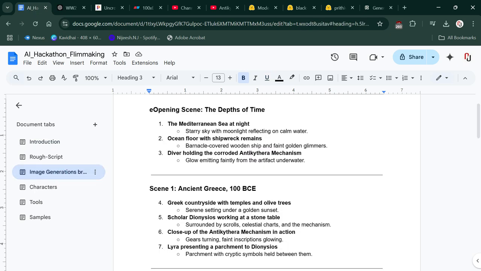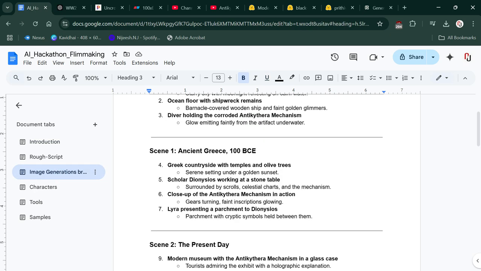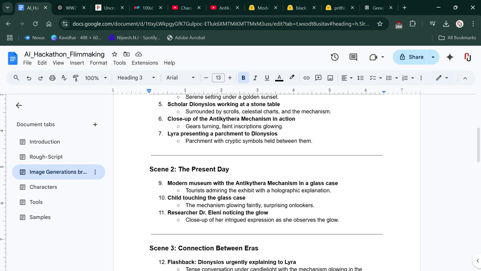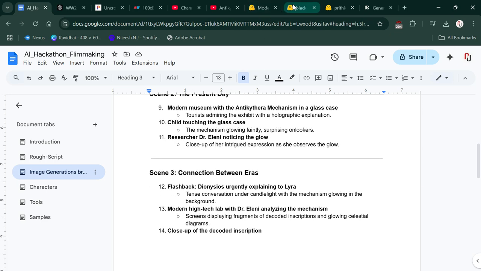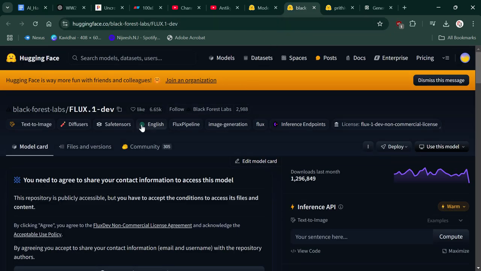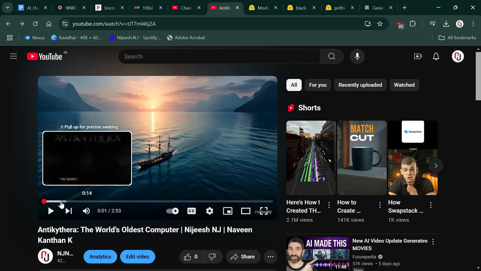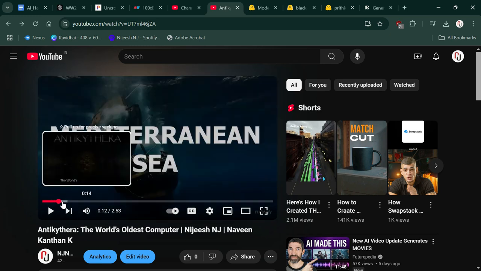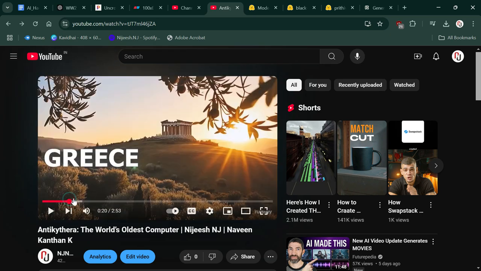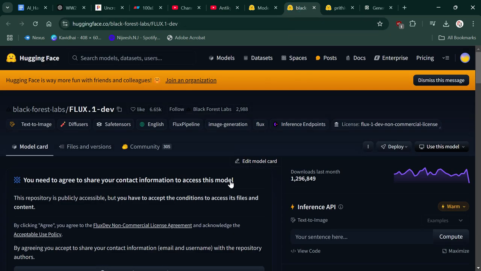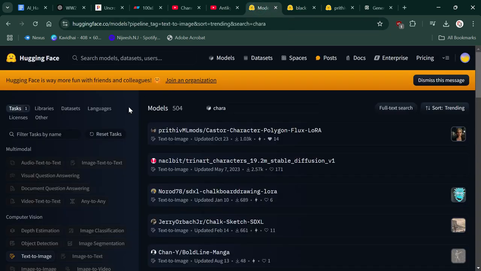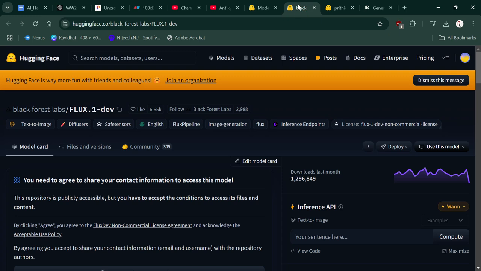For every single scene, we wanted to generate images. For generation of images, we went for Flux if it's a scene or an object, like the Antikythera, the particular objects which needed to be done. For example, like this scene, we used Flux. And for the scenes which required